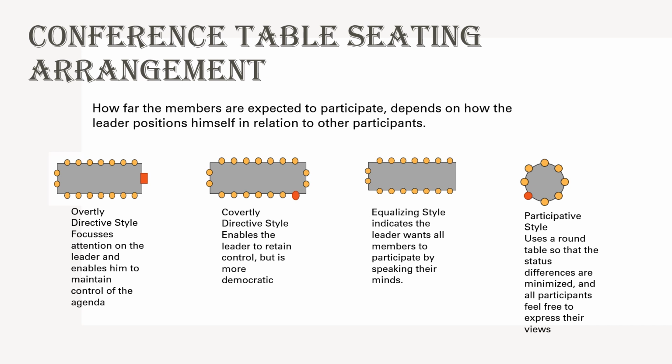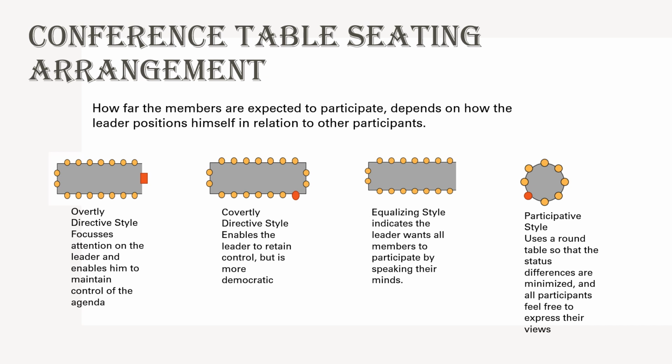The second is covertly directive. Covert is like the way we call it covert operations, wherein the identity of the people is not revealed. Likewise, for a seating arrangement which is covertly directive, the convener of the meeting will be sitting at a certain corner. He would be visible but not very prominently visible. The person is not mixing with a lot of people, is sitting in a corner, and does not take a very prominent place. So this is covertly directive. The leader is somehow hidden.